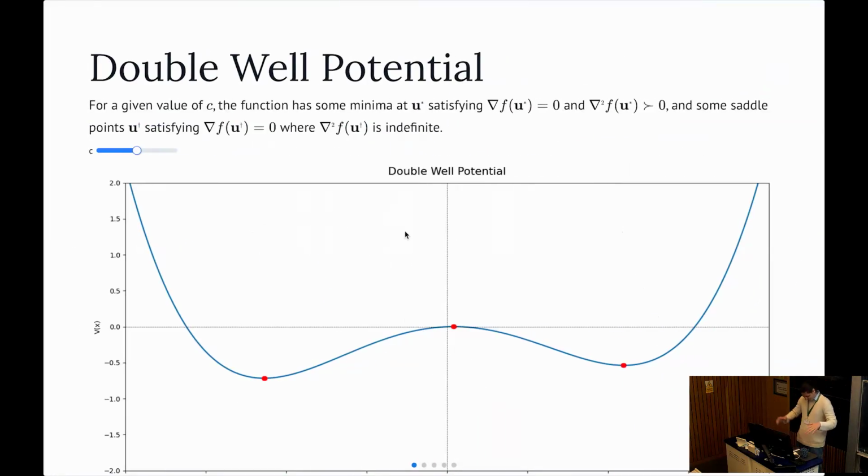So this here is a double well potential, right? This is something that you'll see is very relevant for these amorphous carbon systems. And I've introduced it as a general function, but this function has 2 minima and then 1 saddle point. In this case, it's 1 dimension, so it's just a maxima between the 2. And you can see that as I move this little slider around here,